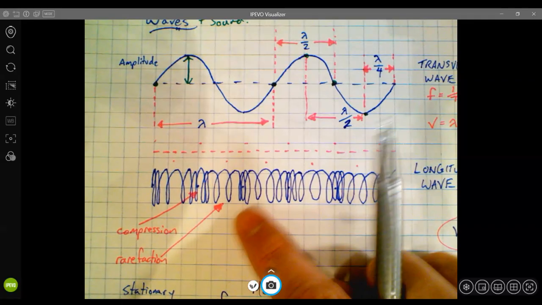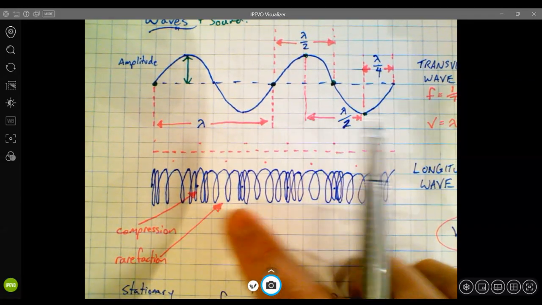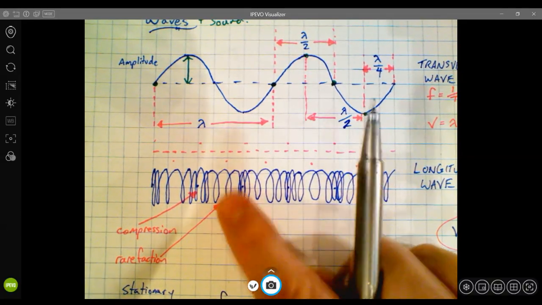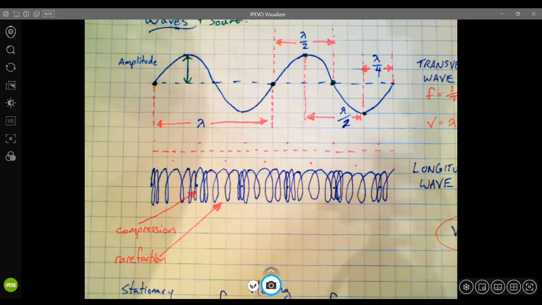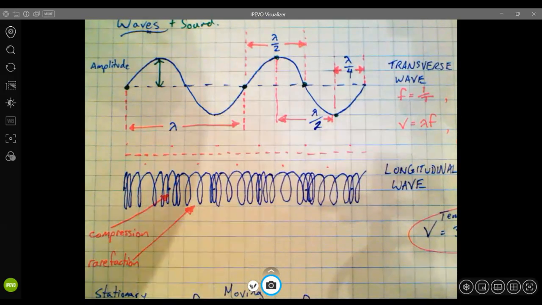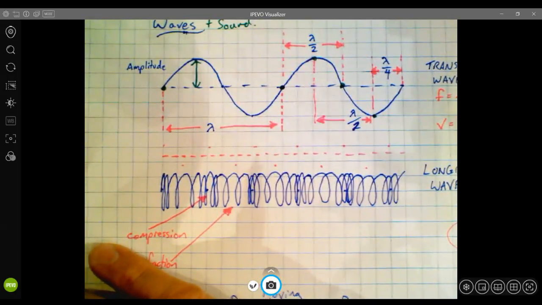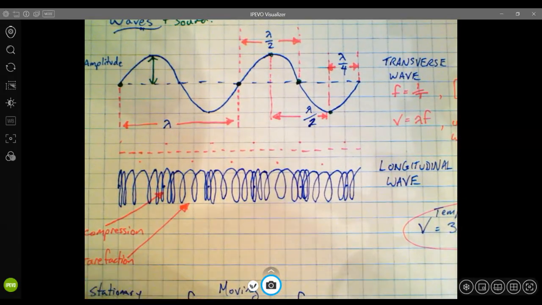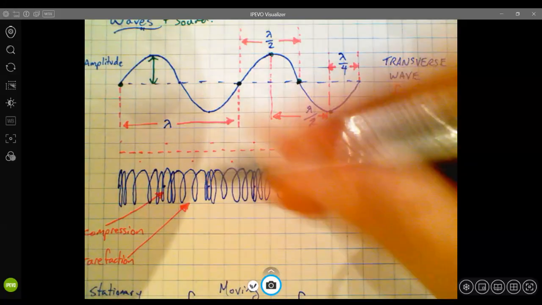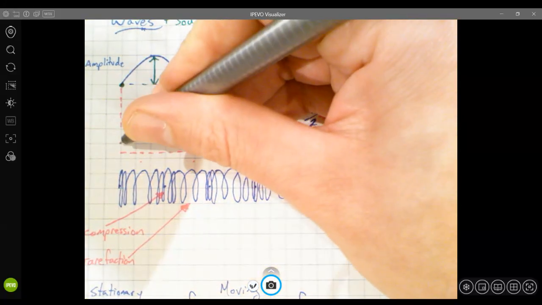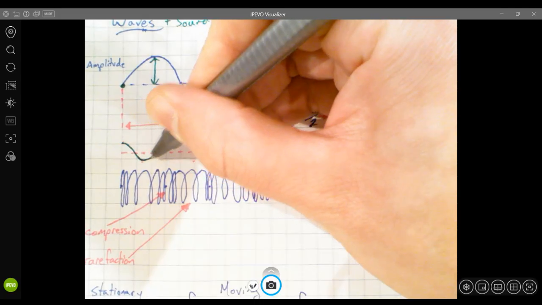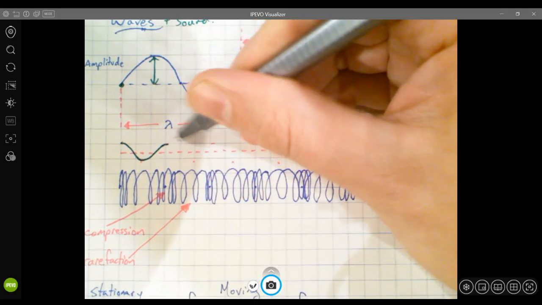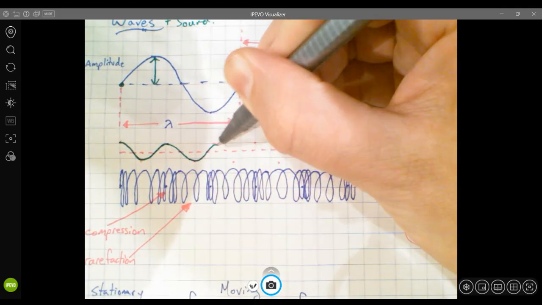In fact, this is an example of a slinky having compressions and rarefactions, low density and high density regions. And a longitudinal wave is really what a sound wave is. Although we could take our longitudinal wave, this wave that has compressions and rarefactions, and we could graph it in terms of the relative density or the pressure of the regions. So high pressure, high density regions, low density regions, high density regions, and low, high, low,